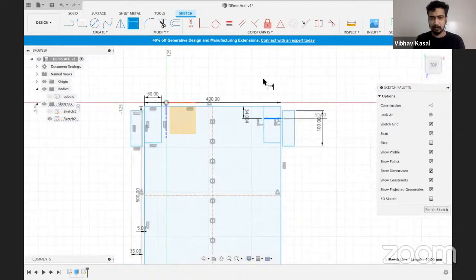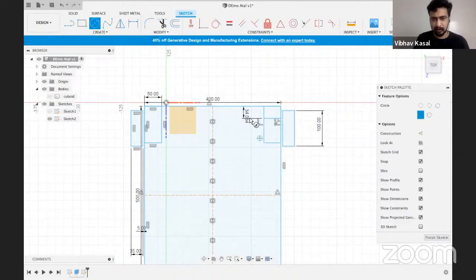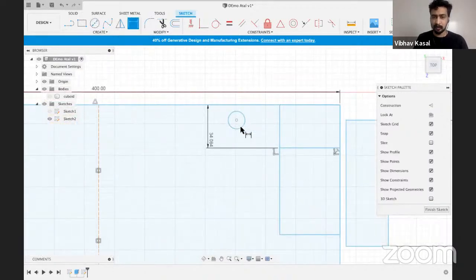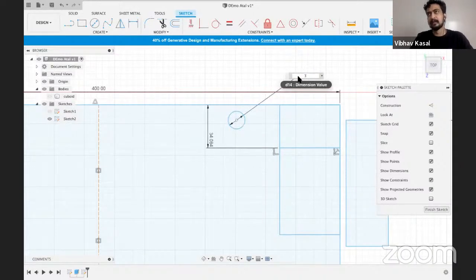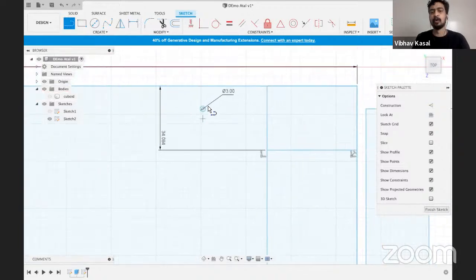Okay, now I want to create the mounting for the motor. I want to create the mount for the motor, and most motor clamps will have holes like this, which I'm drawing with a circle, right? So I'm just drawing a circle, but the circle will have the diameter of the nut and bolt you will use. That is the diameter of the hole that you have to create. The hole is about 3 mm for this. So I'm creating a 3 mm hole, but I have not defined where that hole is with respect to the